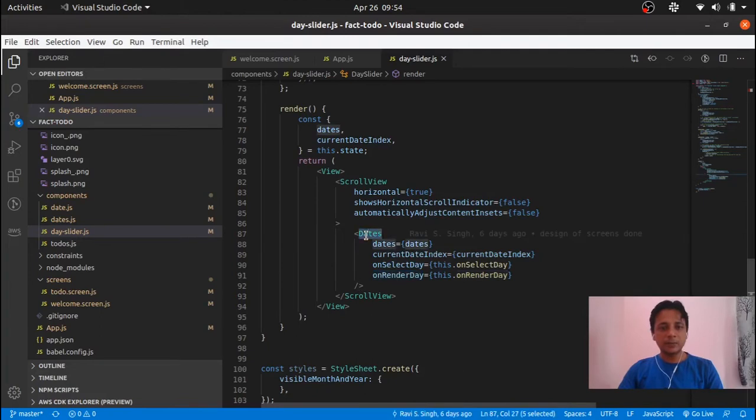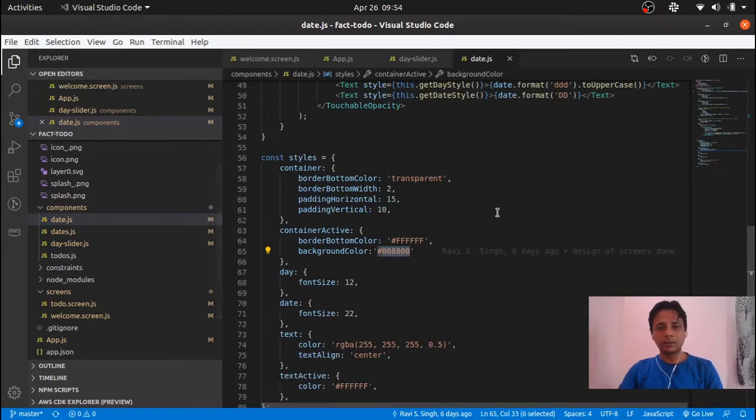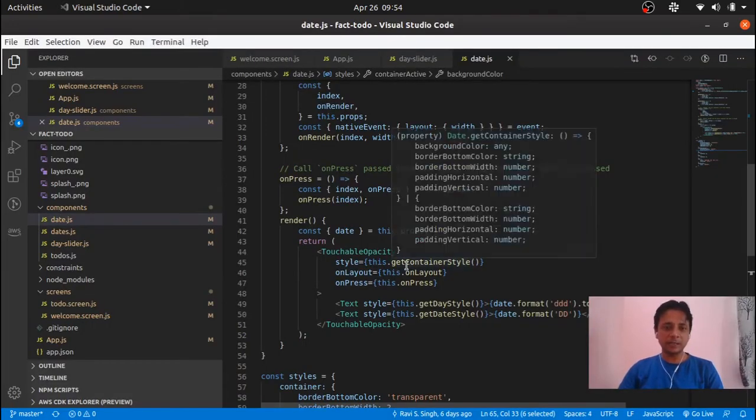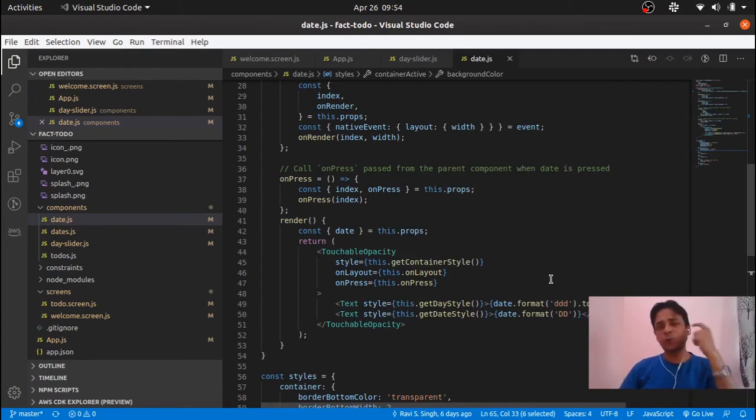Okay, so this date component is basically this. You see when I click on 25, the color is being changed, and this is taken care of by this tick component. When you talk about the design principle over here, I also call it the music composition principle, where all these small components are your notes, which each do one certain thing.